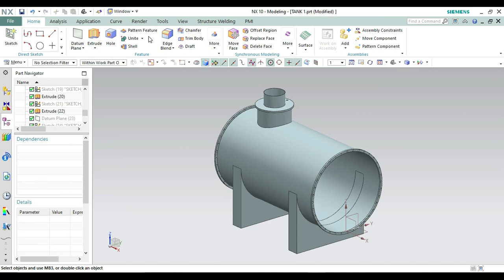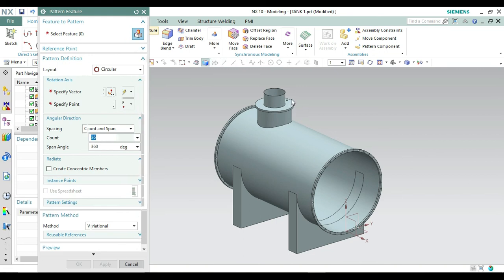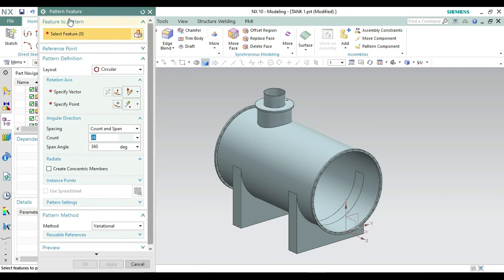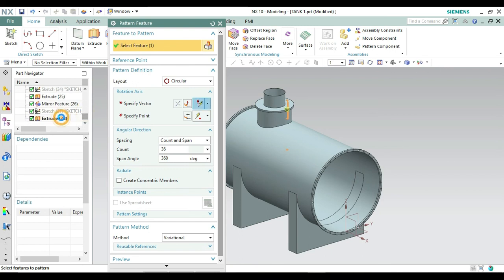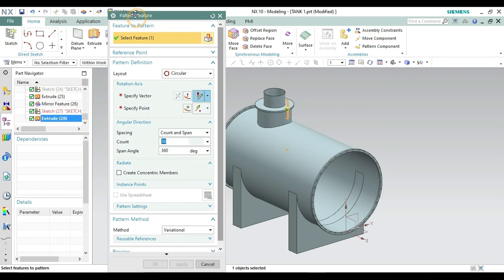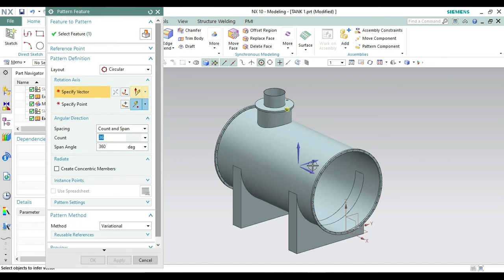Again going on to the pattern feature here. Now what we have to do is to make the pattern of this. So let's select that pattern. You can easily select in this dialog box, make it this one. Let's drag it, specify the vector. Let's take it this one, specify the point. This should be the center point of this. Okay, from here specify the vector to x, then y, and also z1. So it will take z1. Don't make it 36. Let's take it 18 and make it okay.